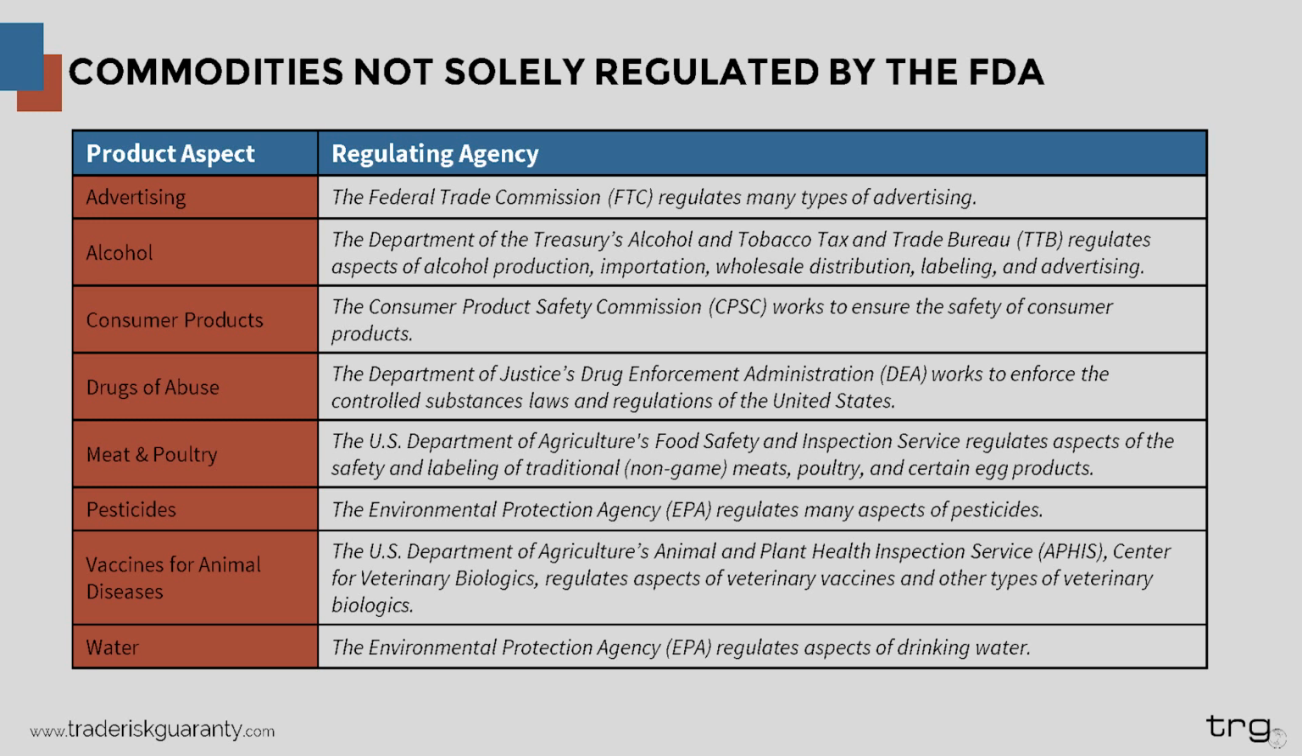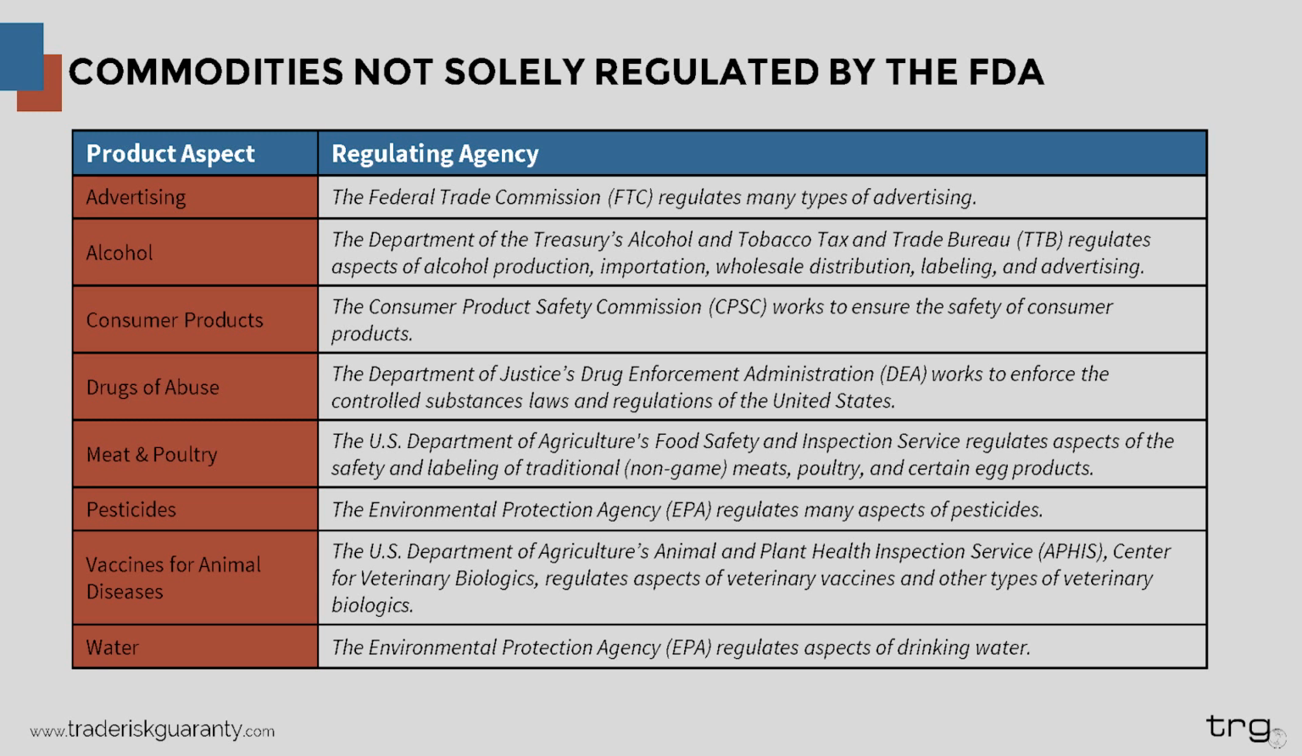Drugs of abuse. This is overseen by the Department of Justice Drug Enforcement Administration, the DEA. They work to enforce the controlled substances laws and regulations in the U.S., including as they pertain to the manufacture, distribution, and dispensing of legally produced controlled substances. So you can see how in the previous slide we mentioned, tobacco is overseen by the FDA. Well, and also, prescription drugs. Well, if one of those things fell into drugs of abuse, that would be overseen by both of those